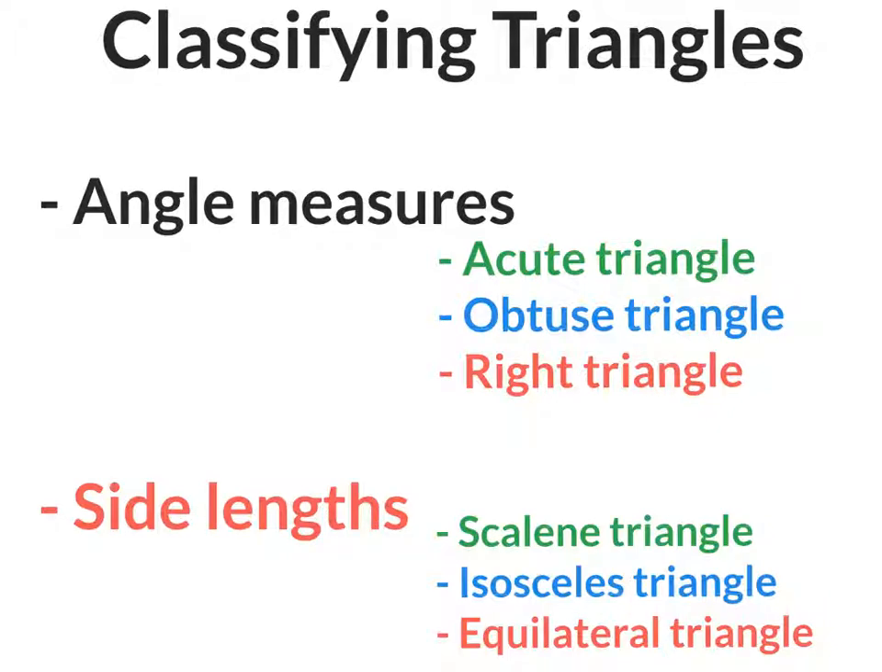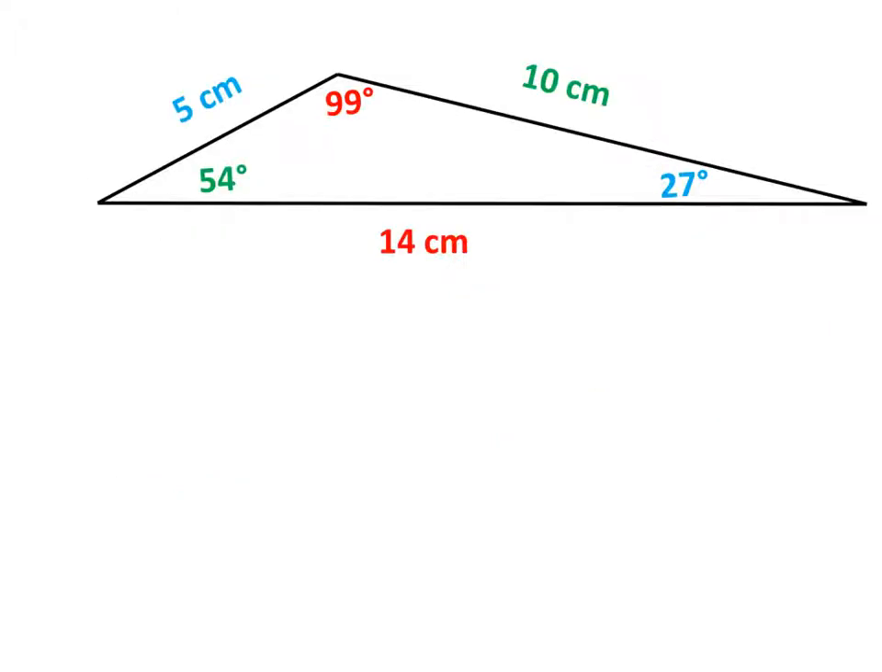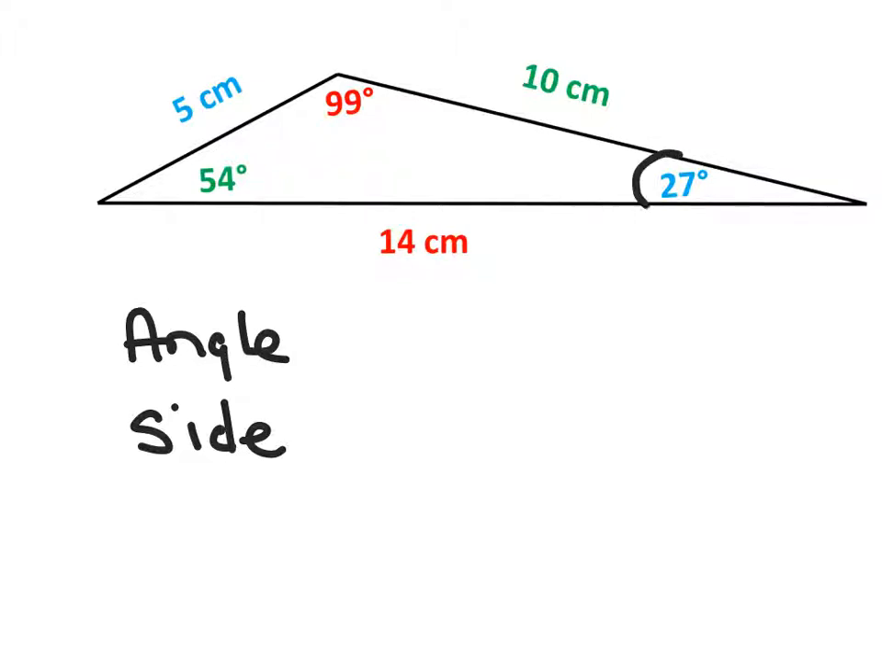We now want to practice naming triangles, giving them their two names. First, based on angle, and next, based on side length. Remember, I said when naming triangles, we're going to give the triangle two names. First, based on its angle measures, and then based on its side lengths. So looking at the angle measures, I see 27,